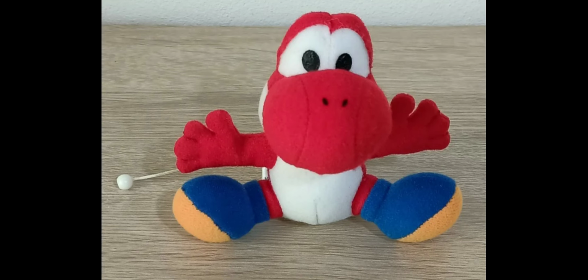I've also seen a few listings for it, and there's actually a bundle of the green one and the red one for sale currently. But I'm pretty sure that the red Yoshi is just slightly more common than the green Yoshi, because I've seen a few more listings of it and also a few more pictures, but it's still extremely rare, and if you want it, you can look on eBay or Yahoo Japan, but it will sell